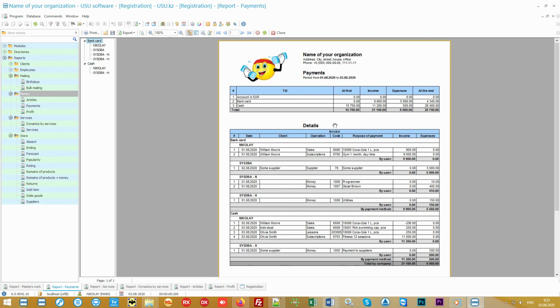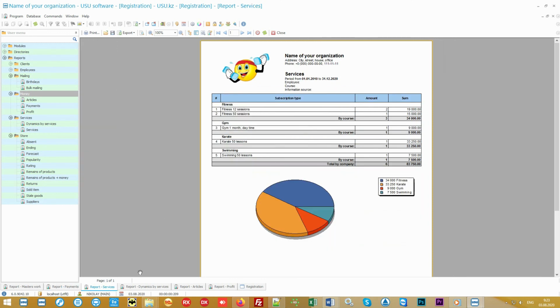If necessary, check the balances with a detailed statement. If you have a network of departments, you can see all the branches at once, but each branch will only see its own finances. The received funds can be analyzed in the context of the services provided.